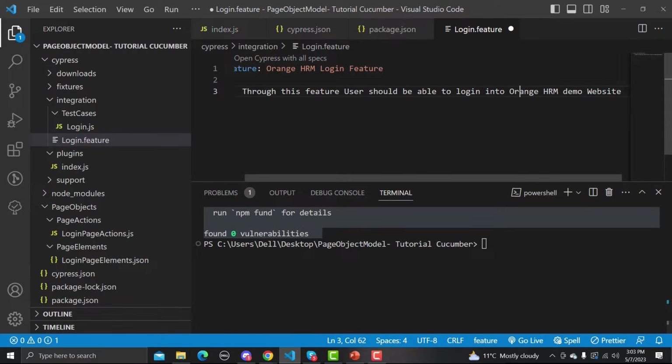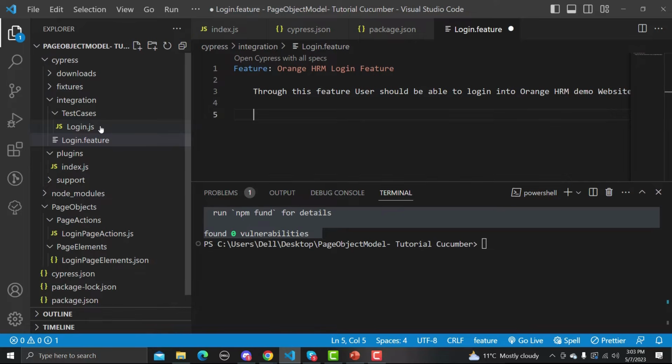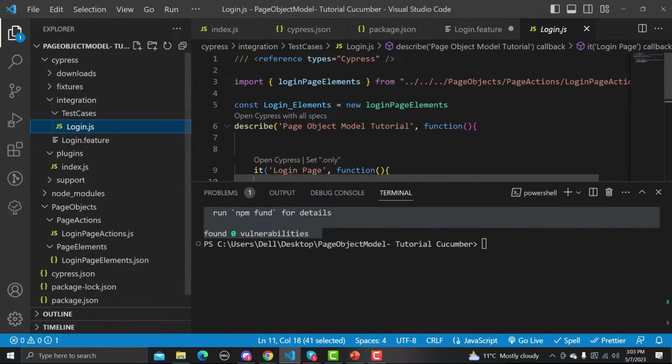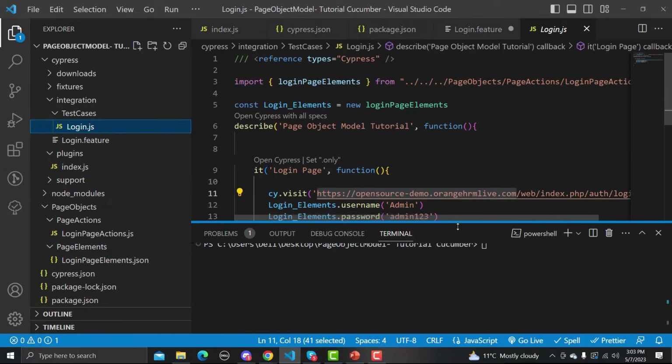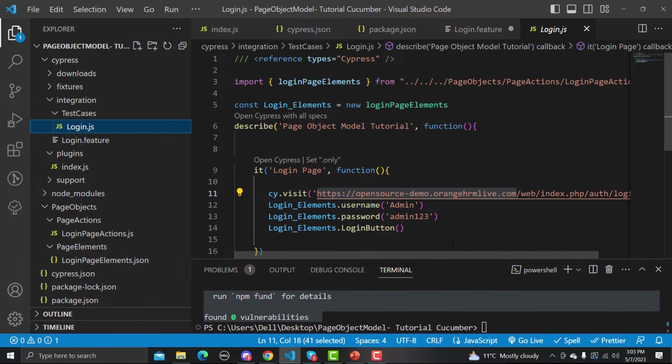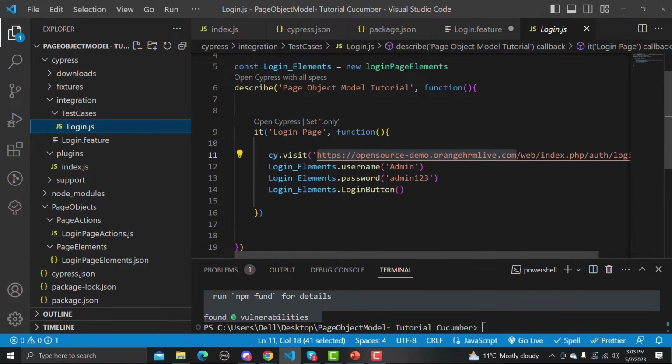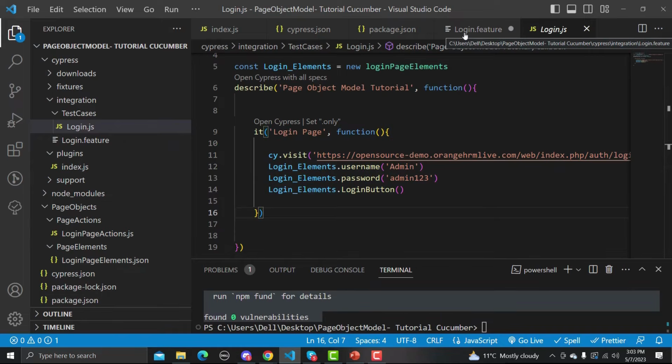Now what we need to do is create the scenarios. We have already created the login.js when we were working with the page object model design pattern, and here you see that we have these steps already, like visiting the website, then providing the username, providing the password, and clicking on the login button. And with respect to these steps, I will be creating my feature file here.